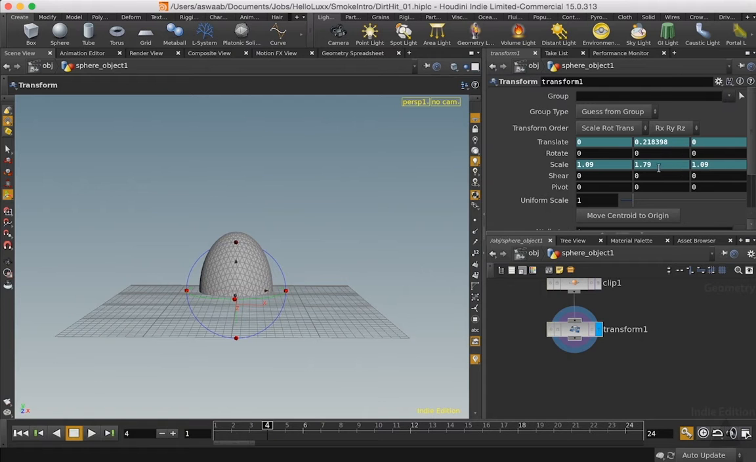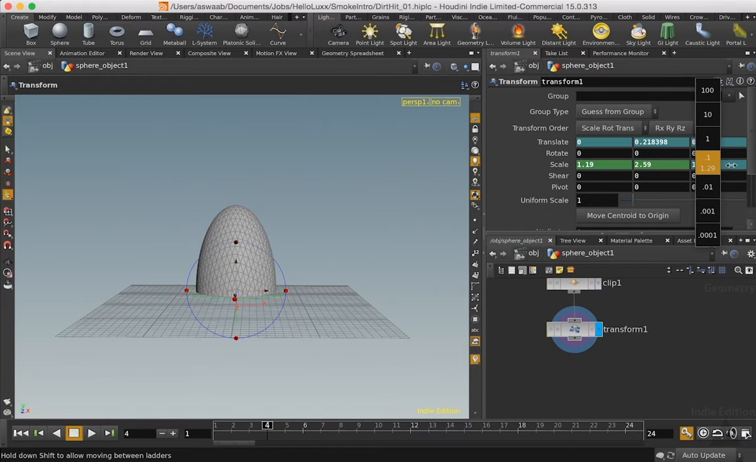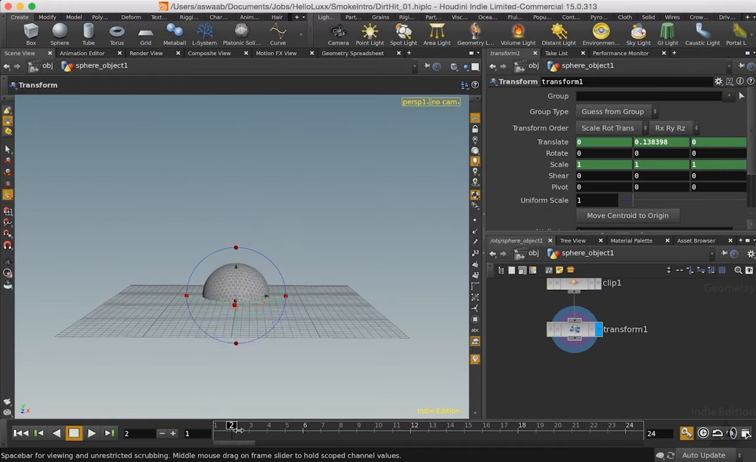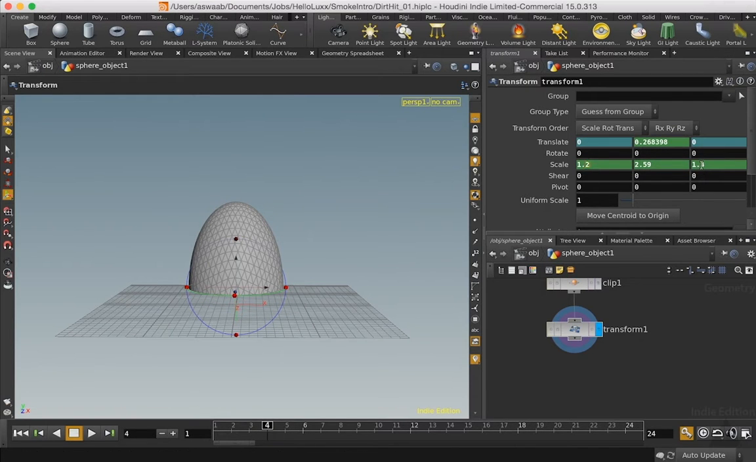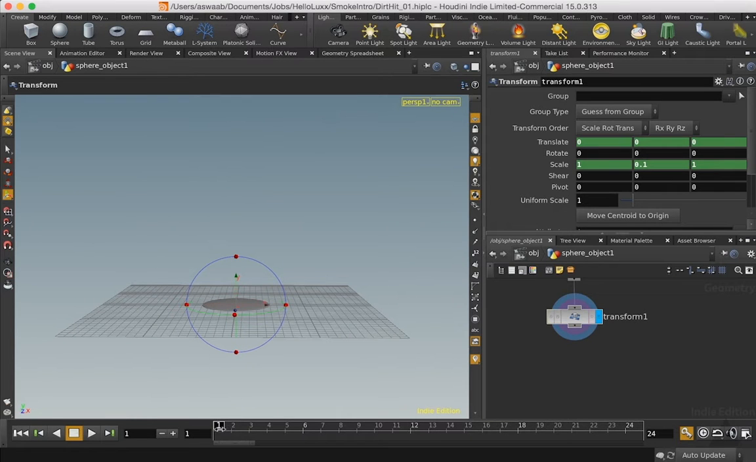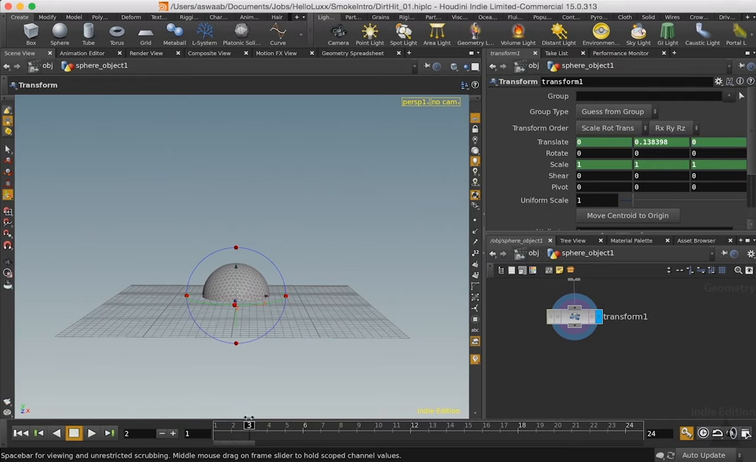Frame 4, up to about there. And we'll go up just a little bit more. Maybe we'll go back down here to 1.2. Okay, so what we're mimicking here is an explosion that's hit the ground, and then we have this initial burst